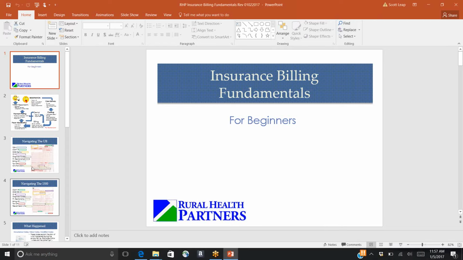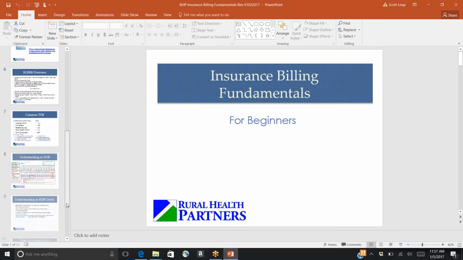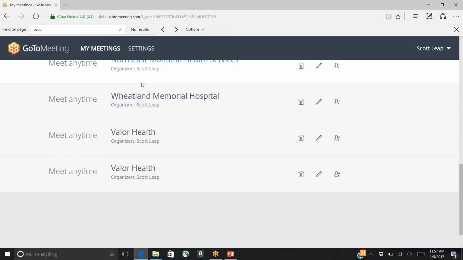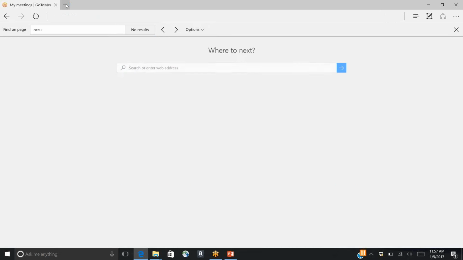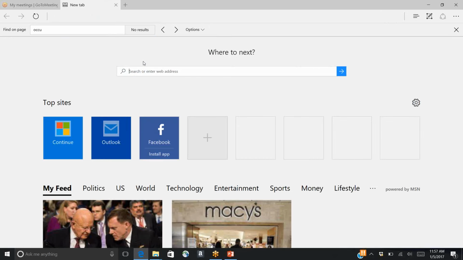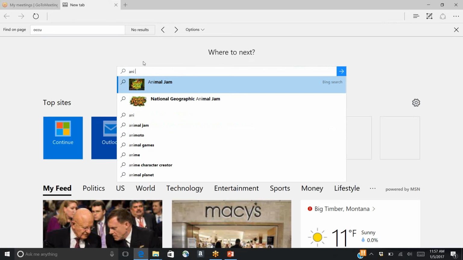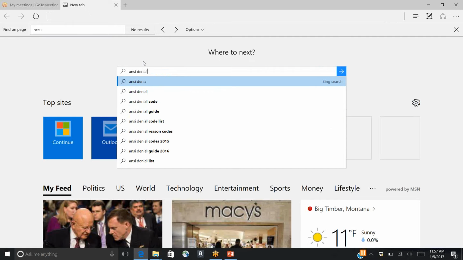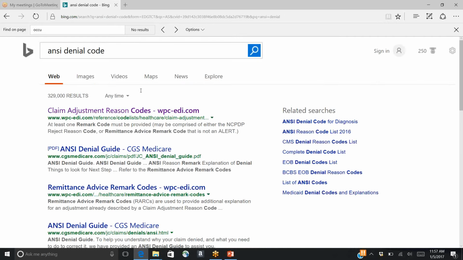Now the link's not working for me, but they put a code on there that said 50, and I didn't have access to the bottom of the claim form, or I'm just looking at it in my insurance software and I'm trying to understand what that means. There is a great website that I recommend every new biller bookmark, and it walks us